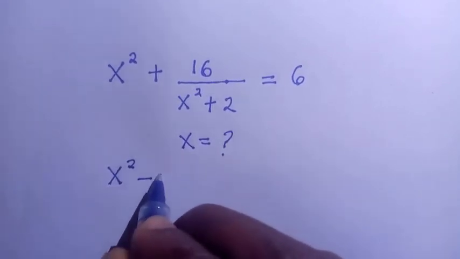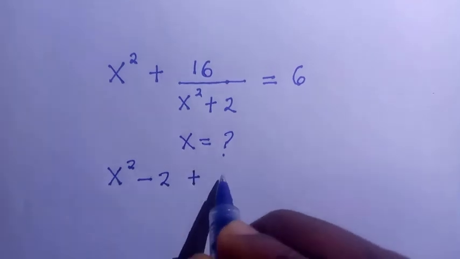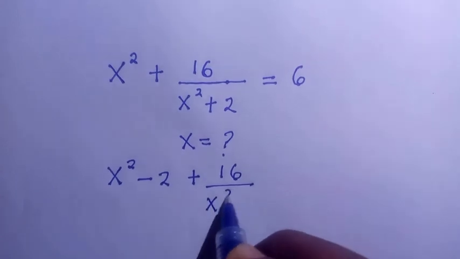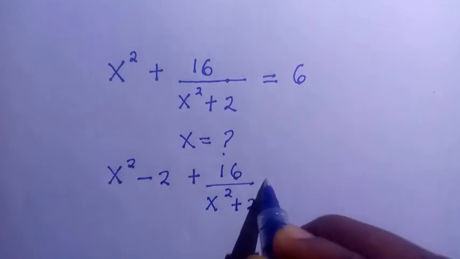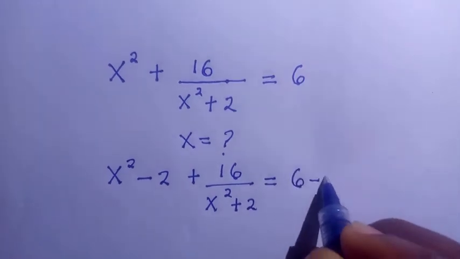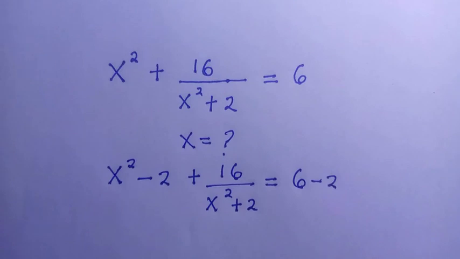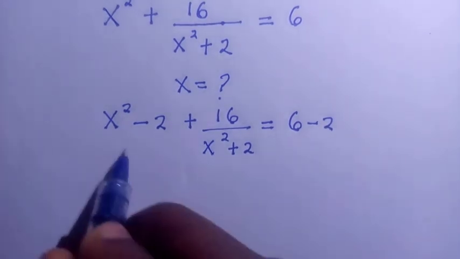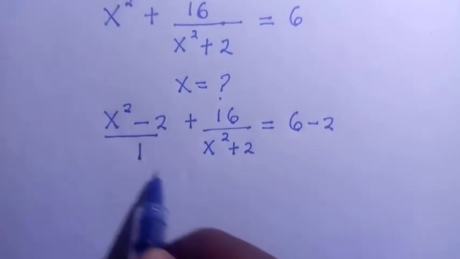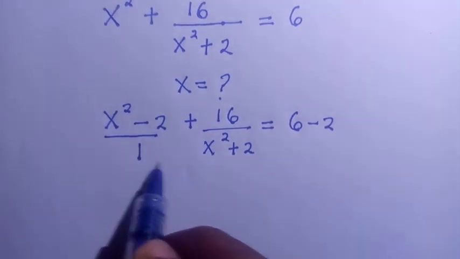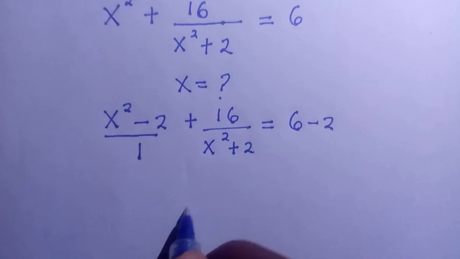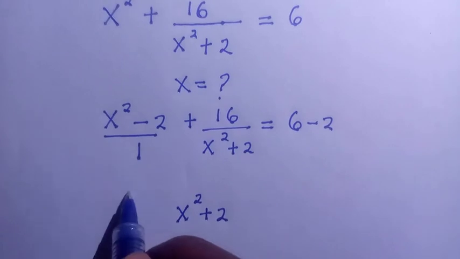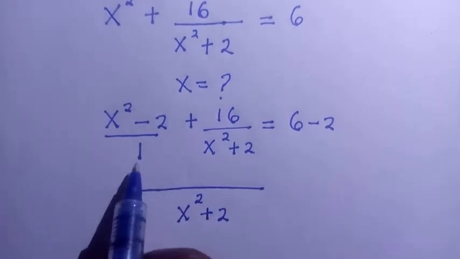So by subtracting 2, we have x squared minus 2 plus 16 divided by x squared plus 2 equals 6 minus 2. So after subtracting this value, then we are going to divide this one by 1. Then after division, then we find the LCM. Since the LCM for this one is x squared plus 2, so then we have to find 1 in x